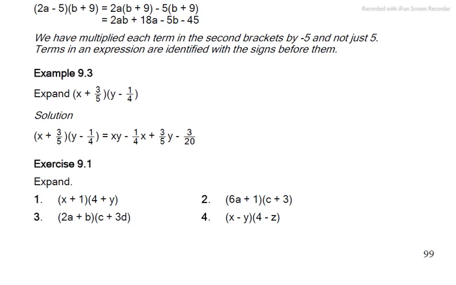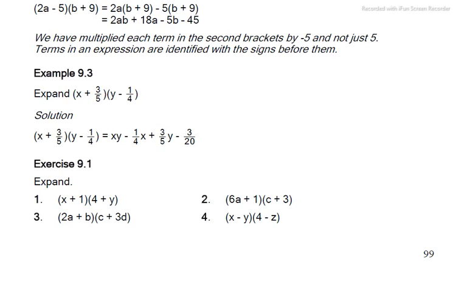In our third example, we have to expand (x + 3/5)(y - 1/4). Still, we are keeping one of the brackets to be constant, and then we shall split the other. So in this case, we can either maintain the first or the second. If we are to maintain the second, that means that x will multiply the second bracket, and the plus 3/5 will also multiply